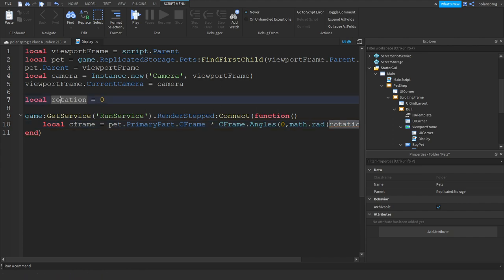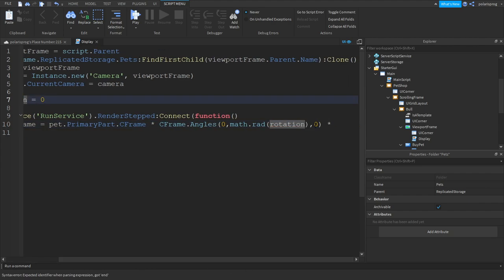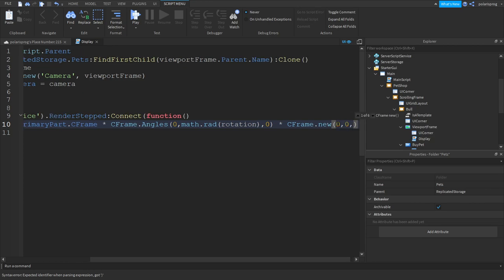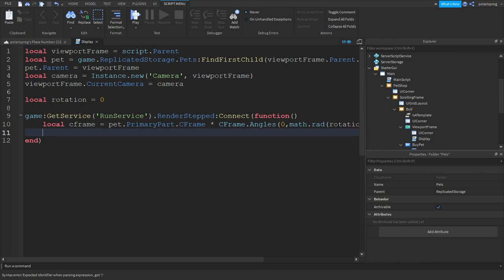Oh, rotation, not rotation. Multiplied by CFrame.new, and we're gonna do 0, minus 5, and in here we're gonna do cframe, lowercase, is equal to CFrame.new, and we're gonna do cframe.p, and pet.PrimaryPart.Position,